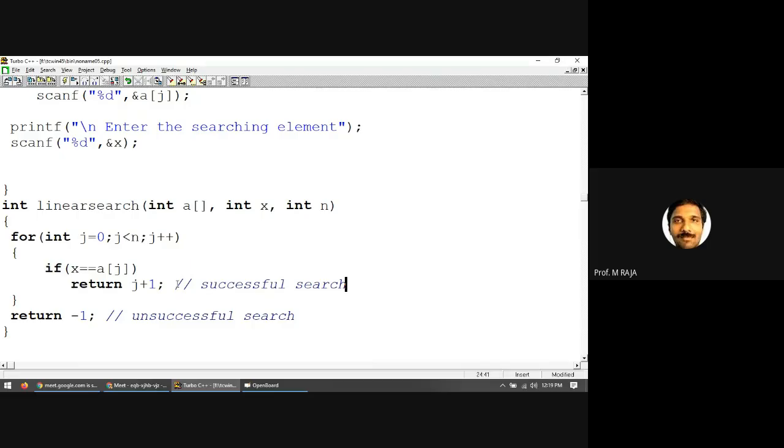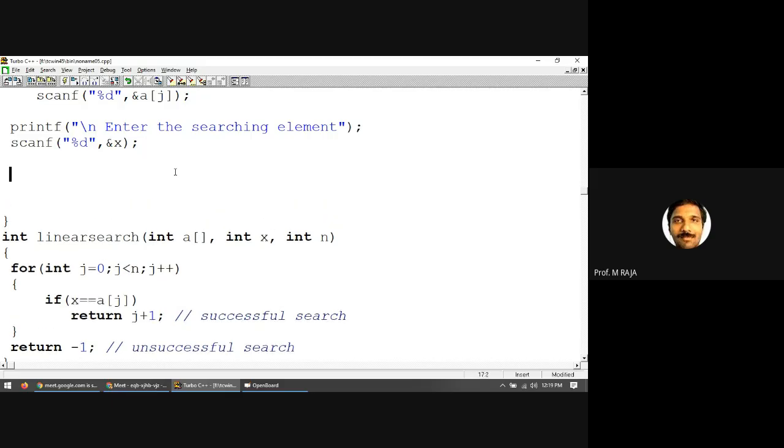So here, after checking if x is equal to a of j, I am returning a value j plus 1. Since the return type is int, the returned value should be processed in the function call statement. Carefully understand, in the function call, we are passing more elements in terms of an array. So when you pass an array as the actual parameter to a function,